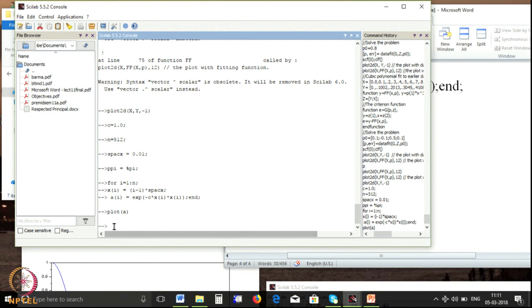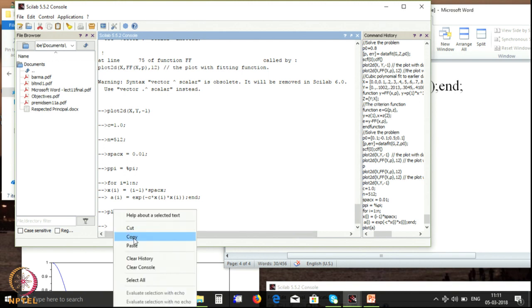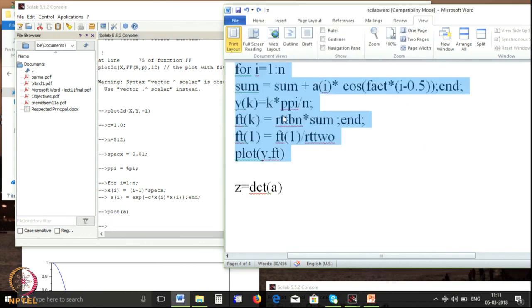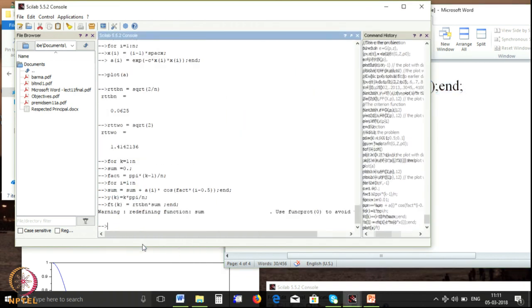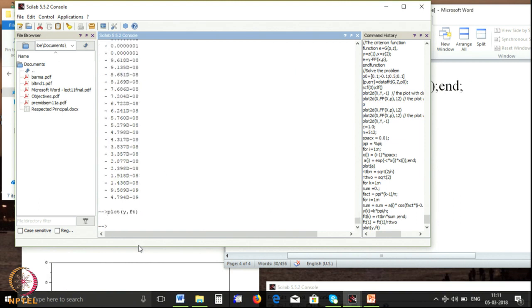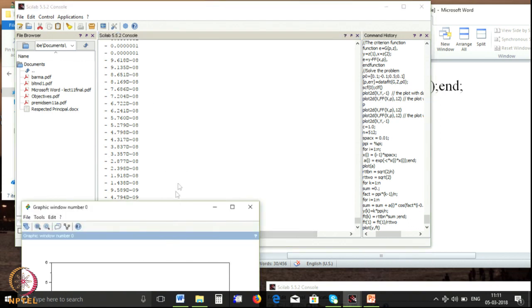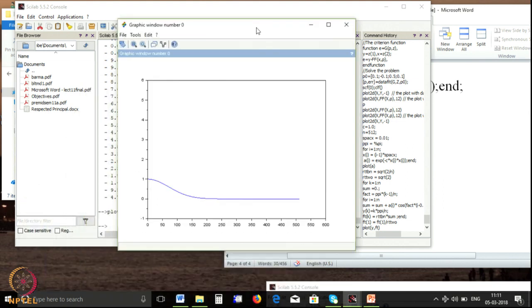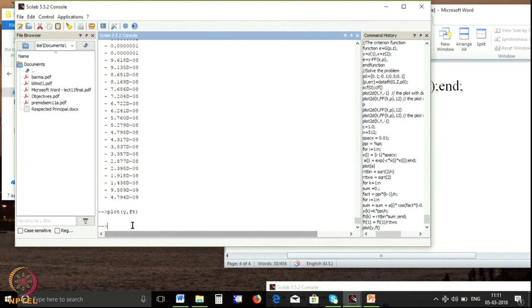So, I will go here, I will paste. I made a mistake, I should paste it. So, I copy, I paste it. Okay. So, it gave some warning, that is okay. So, it has calculated, let us see. Okay. So, this is my exponential original function. I want to now see how the Scilab, I shall knock it out. So, I shall plot, okay.